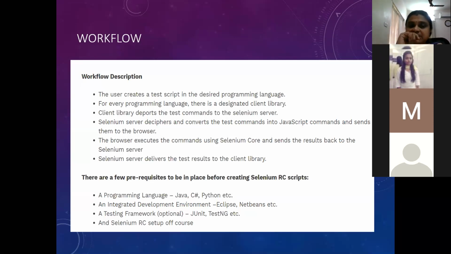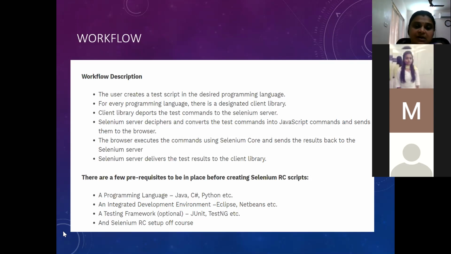The Selenium server will convert these test commands into Java test script commands, and then that will be sent to the browser. This is where the Selenium core component comes into the picture. The browser will execute those commands, and then it sends back the response to your Selenium server. Then the Selenium server will give that response to your client library.